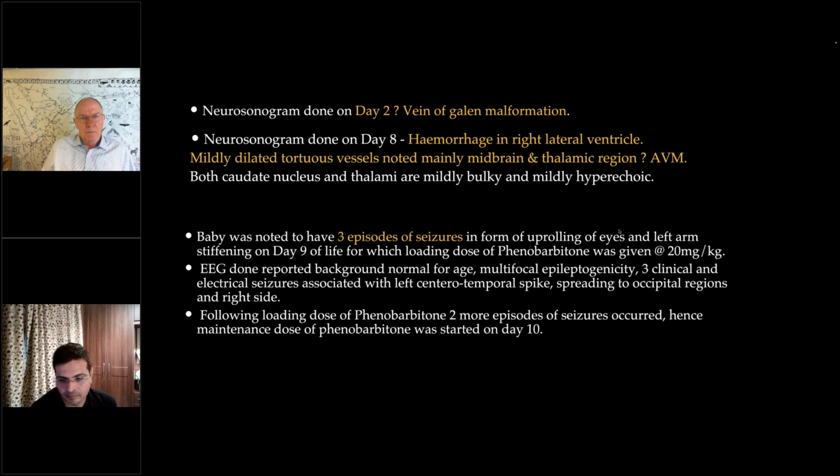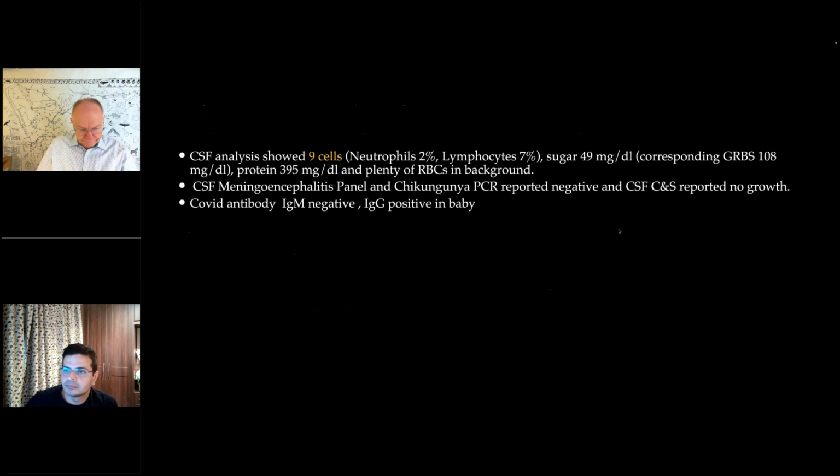Following loading dose of phenobarbital, baby had 2 more episodes of seizures. Hence, maintenance dose of phenobarbital was started on day 10. CSF analysis was done, showed 9 cells, neutrophils 2% and lymphocytes 7%. Sugar was 49 mg per deciliter, corresponding GRBS 108, and protein was 395 mg, and plenty of RBCs in the